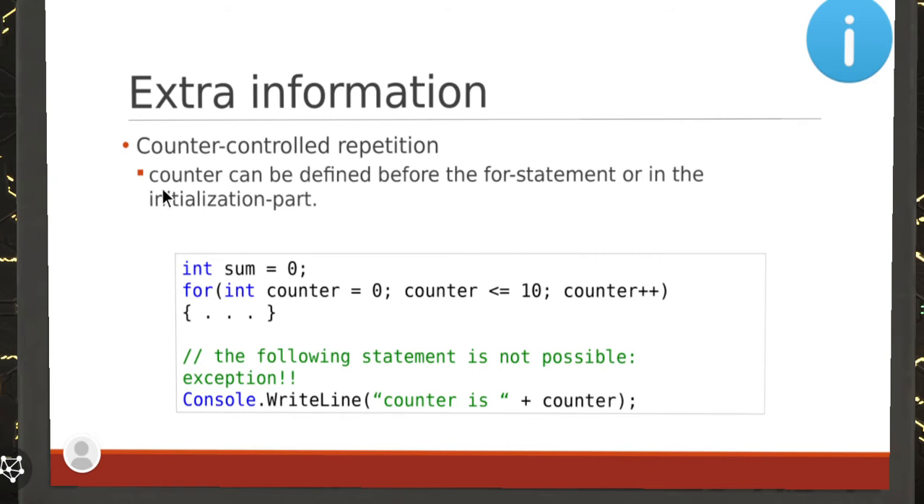Extra information. Let's see. Counter controlled repetition. Counter can be defined before the for statement or in the initialization part. So you can have that counter initialized right here in between two parentheses, and after you finish that for loop, it will be deleted from the memory because, of course, the scope of that variable starts from the for